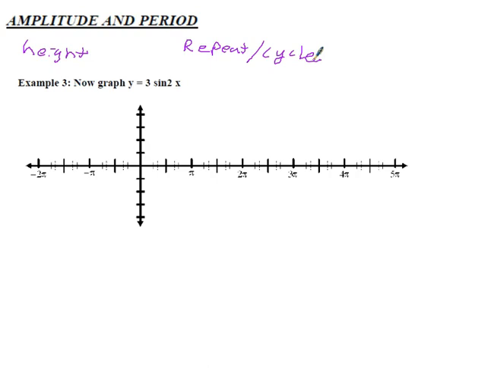So for y equals 3 sine 2x, we need to graph our points. So we're going to make a quick table of values using the exact same points that we want to look at. So usually we end up doing,